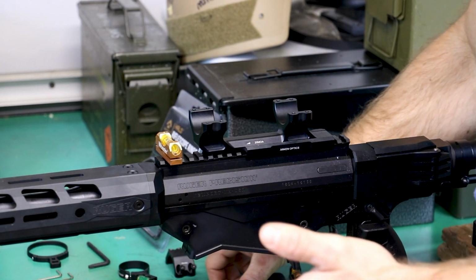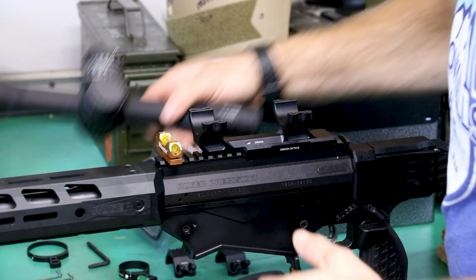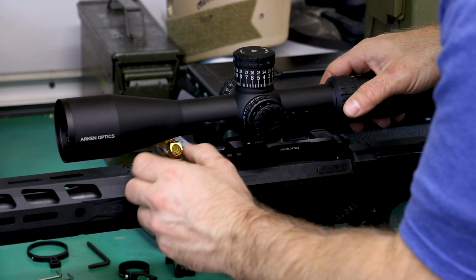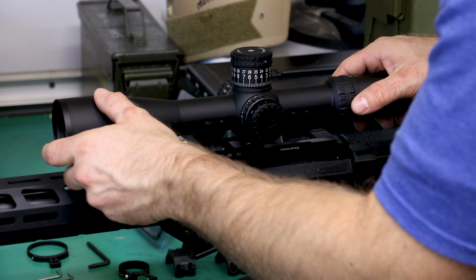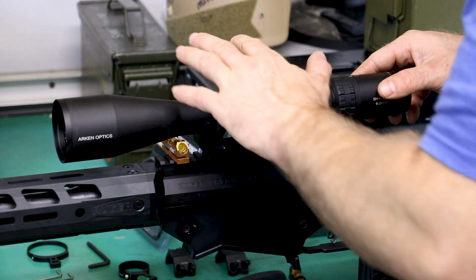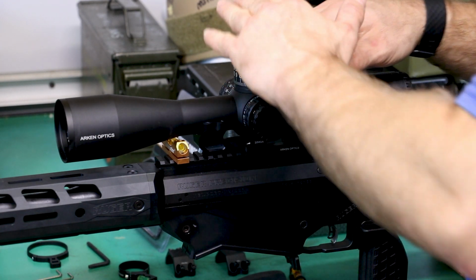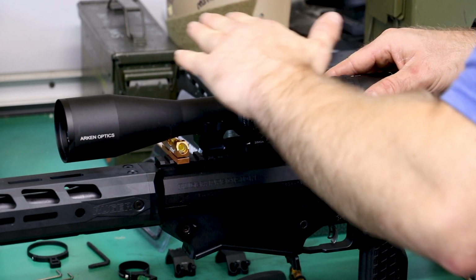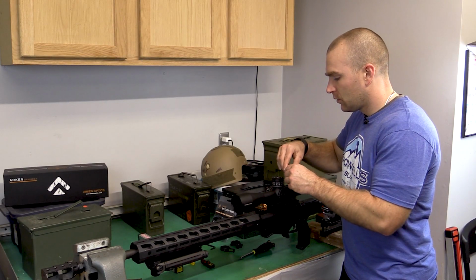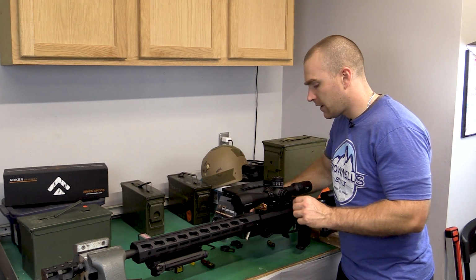We'll also mount that throw lever and the little bubble level that Arken sent as well. We've got our scope right here. Set this guy in here. Hopefully our cap on the top of the scope is very flat because that's typically where I'll set the second level to ensure that it's level with the gun. We'll take our scope caps here, set them on there. They are also